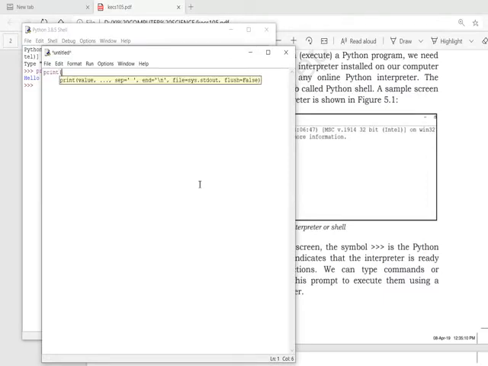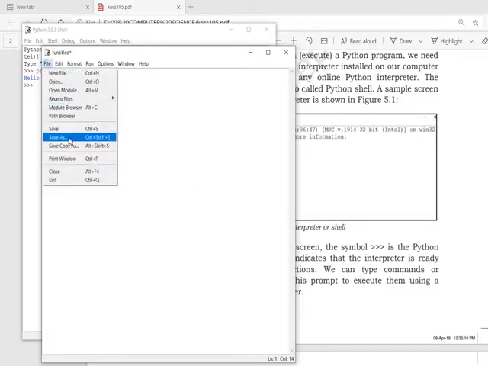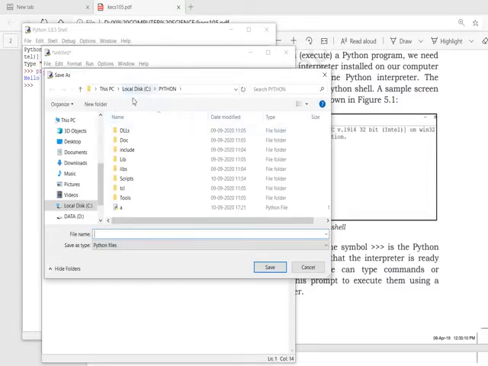The same job we can do in the script mode, where we create a new file and write our program. It can be multiple lines or a single line, depending upon the type of program you are creating. After that, save the program.